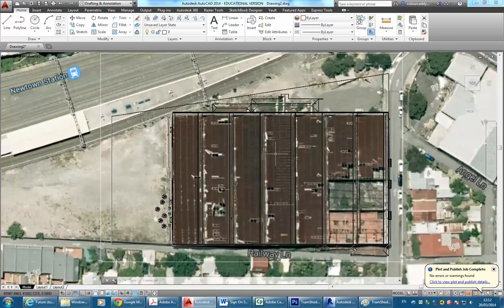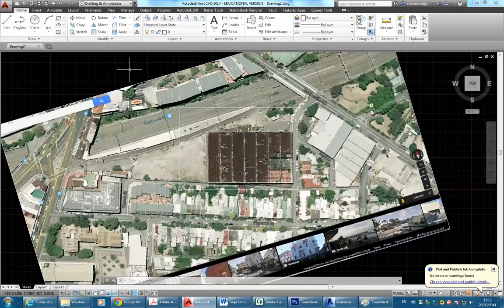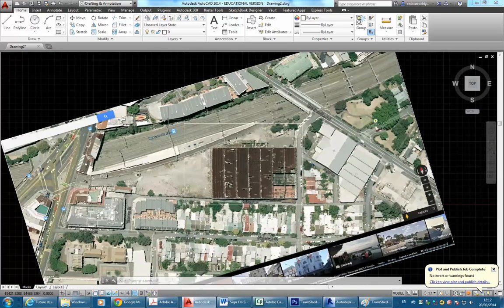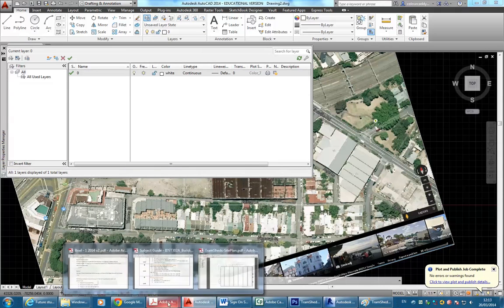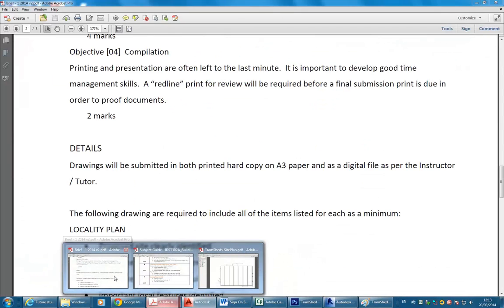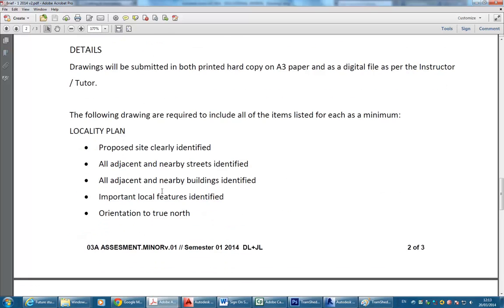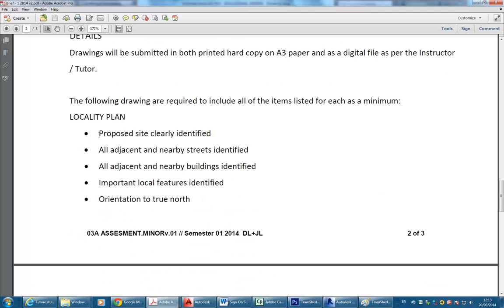And so again, I'll maybe just leave that one as it is. I could always fine-tune that even more later on. And so I just want to go on and give you some idea about the other things, because in AutoCAD, like I've been saying, you can do really all of the elements that are shown that are required for the assignment. So for the locality plan,